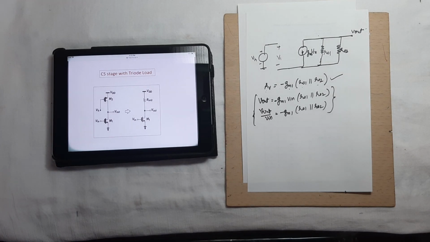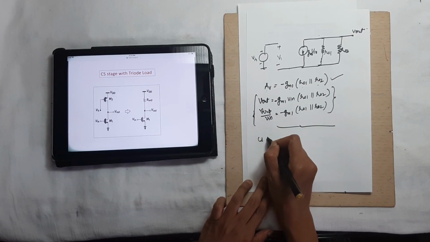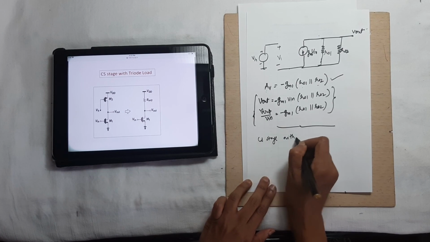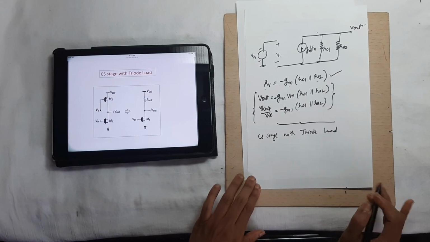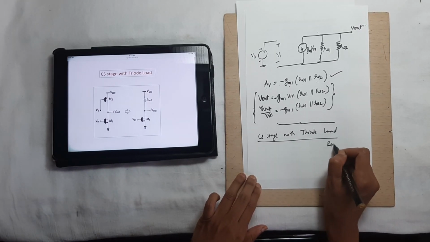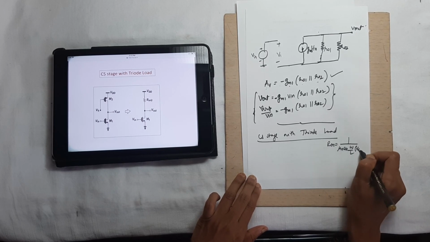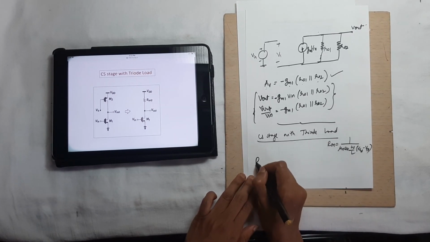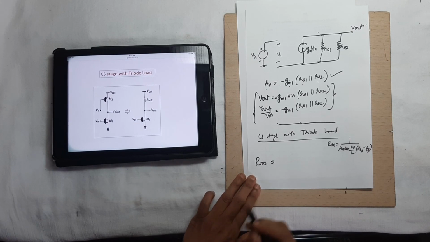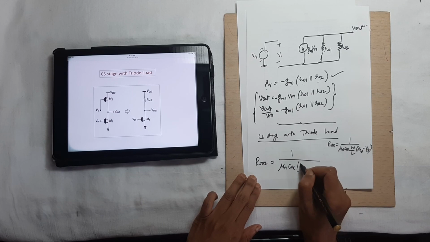Now how do we write the resistance Ron2 for this particular circuit, that is, the CS stage with triode load? Basically the expression of Ron is given as 1 upon μn Cox W by L into (VGS minus VTH). From this expression, we can write Ron2 as 1 upon μn Cox W by L